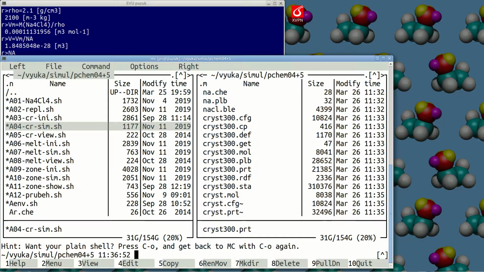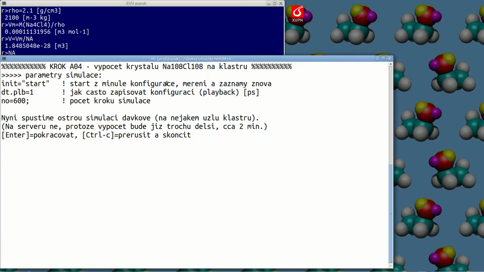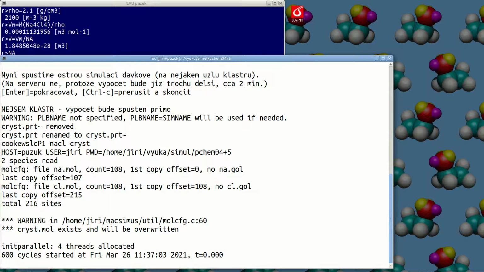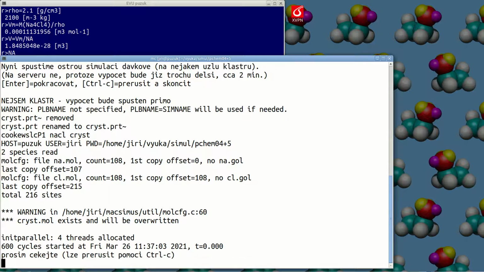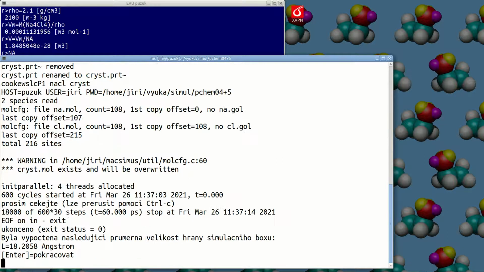In step 4, I will calculate this cluster. It will be a bit longer so that we get some statistics. We'll get a trajectory, and it's done. During the simulation, not only a trajectory was generated, but also the equilibrated size